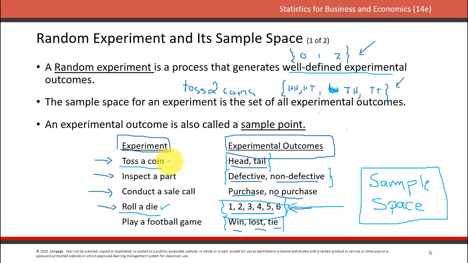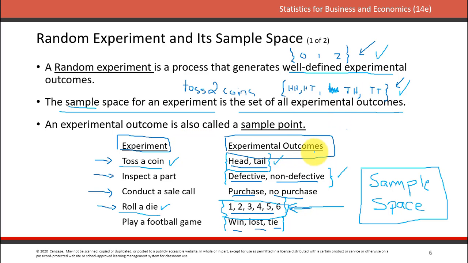Then we could say, what are the set of outcomes for tossing a coin? These are the set of outcomes. So this is the sample space. And so on. And here, this would be the sample space for the experiment of tossing 2 coins. Of course, we said we could also use this as the sample space. Anyway, that's the word sample space. So what is the sample space? The sample space for an experiment is the set of all the experimental outcomes. So it's the entire set.